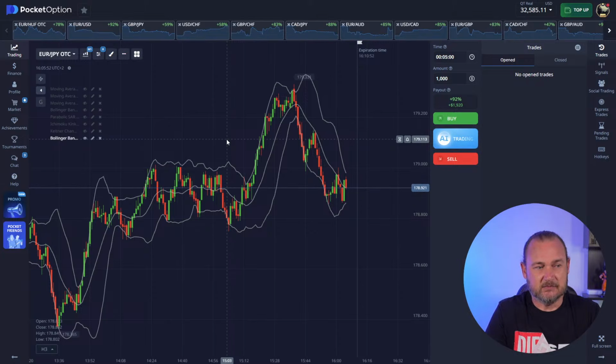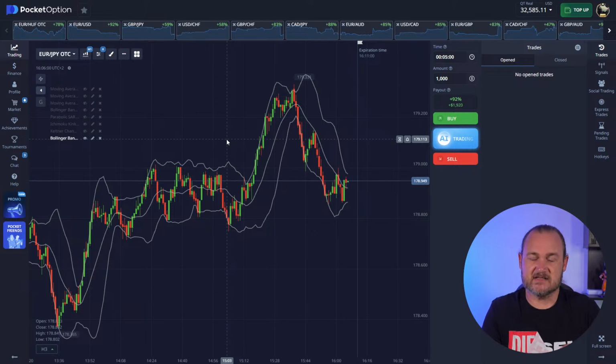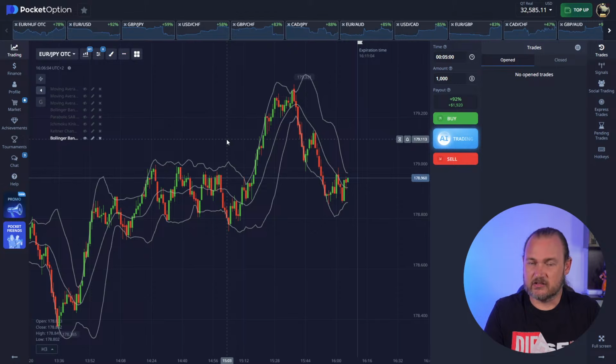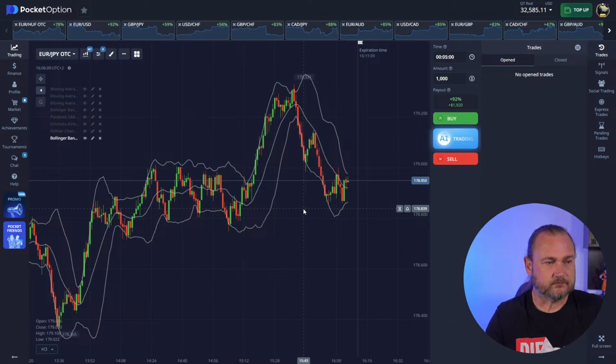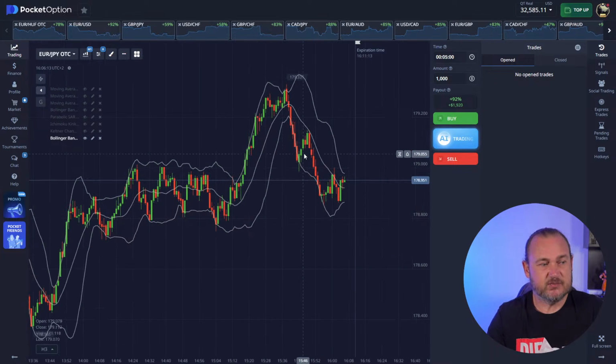So it's becoming more volatile than the last 14 candles. As long as these bands are opening up, the volatility is increasing, and while these bands are closing in on each other, the volatility is decreasing. Okay, so one of the common ways that people like to use the Bollinger Bands is when you use especially